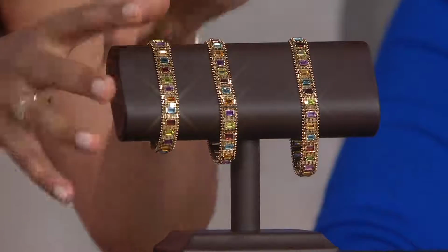Us the Imperial Gold line, and we keep saying it, we can't say it enough. Imperial Gold, solid gold bars. Yes, solid gold bars are the pieces that you're working with. So when I come to this bracelet right now, hold on to your hats, because not only are you getting